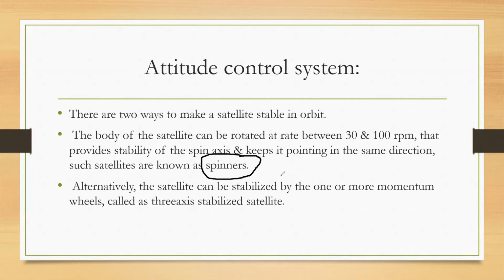That is, as soon as I find that the satellite is moving away from its orbital parameters, you have a jet stream which will actually give it a push and bring it back. But that requires a lot of fuel. And the other was a passive one, where we use a flywheel effect, right? I told you that day. Now this is a combination of both, that is an active as well as passive.